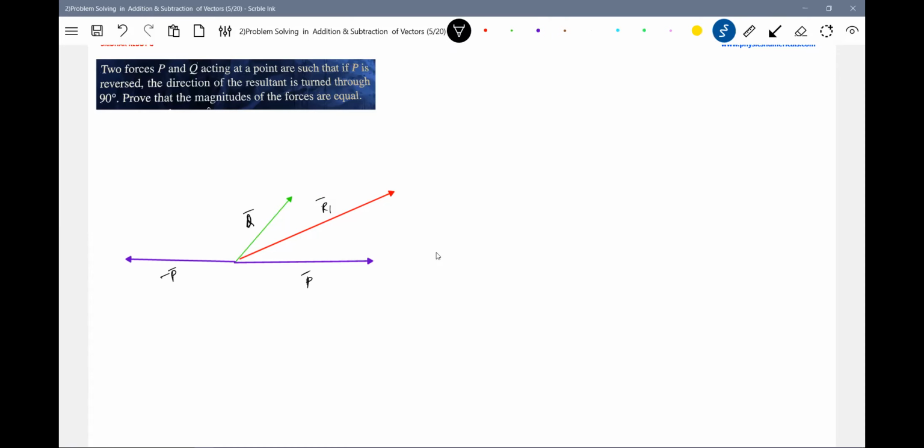After reversing, it will be minus P bar. You see this? Then what is the angle between them? Earlier there was some angle between them, I'll call it theta. Let me call this alpha 1. Then this new angle, let me take that as phi. Then there will be a new resultant also. The new resultant will take this color, and it will be perpendicular to this vector. So this will become R2 bar.